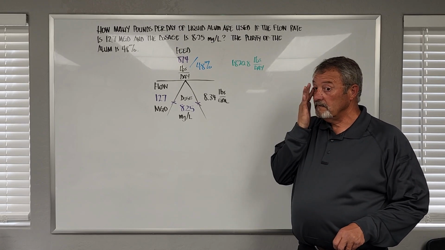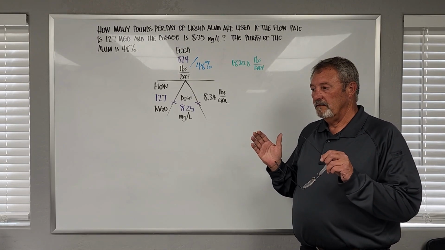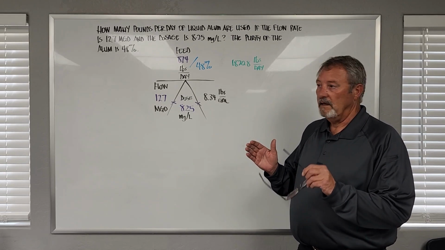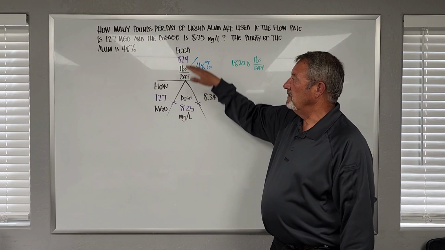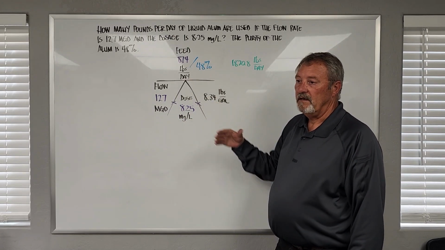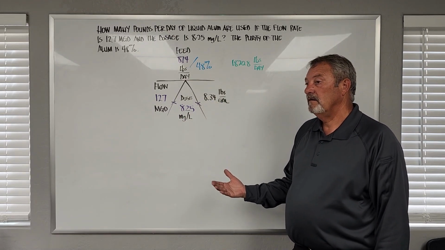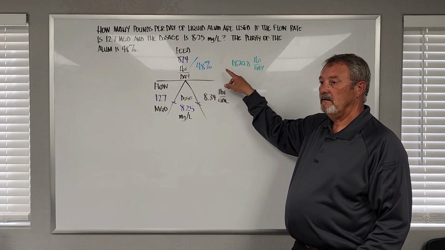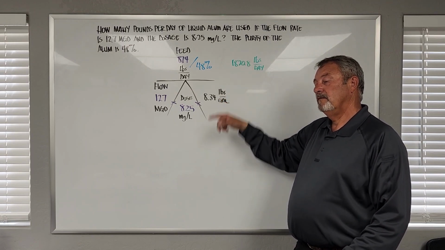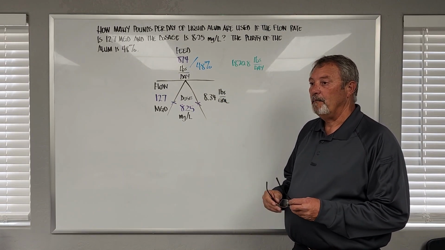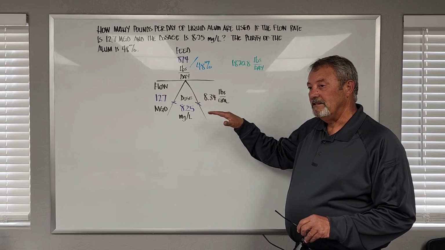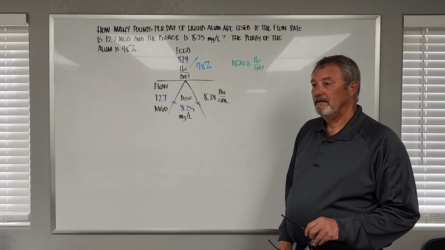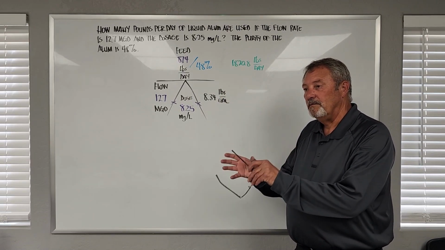Oh, okay, I see what you're saying. So if sodium hypochlorite was 100% pure chlorine, then using this would work. But because it's only, let's say 11%, then you'd have to divide it by 11%, which would give you how much of that liquid bleach you would need to dose to achieve your target. So if I tell you the amount of our chemical feed rate that we want to put into the flow is 874,